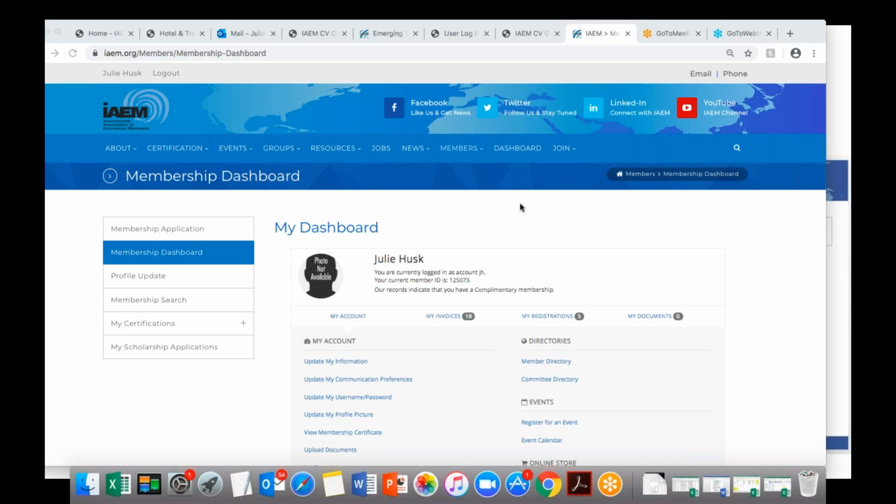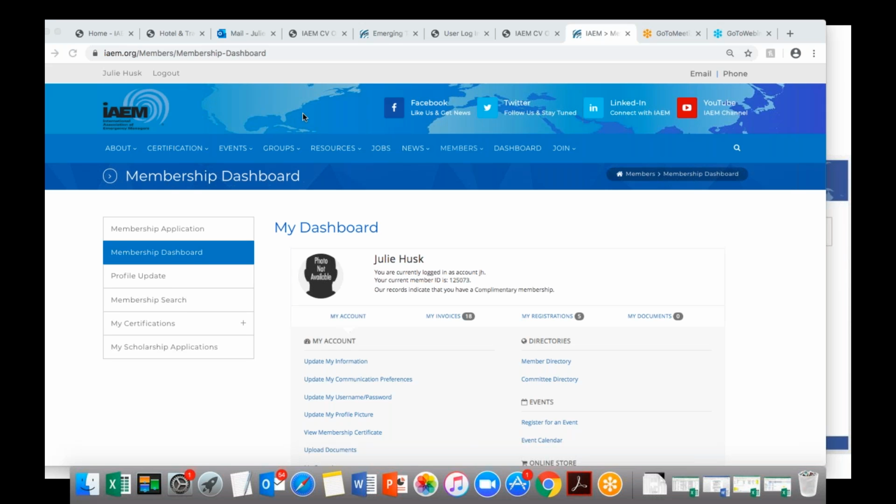All right, so I am on the IAEM.org website, and I have already logged in. If you haven't logged in, you just log in up here on top. You see where it says my name right there. There'll be actually a login. You log in there. If you don't have an account, you have to create an account. If you don't recall your password, it can prompt you to reset your password.